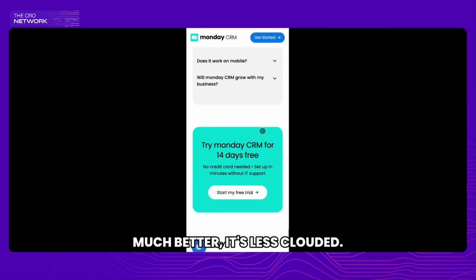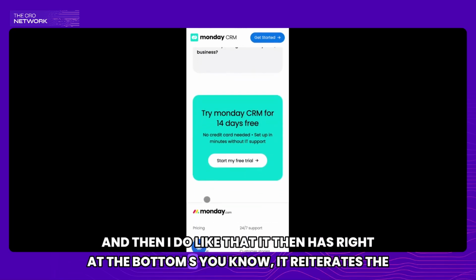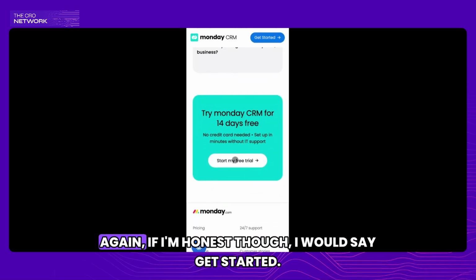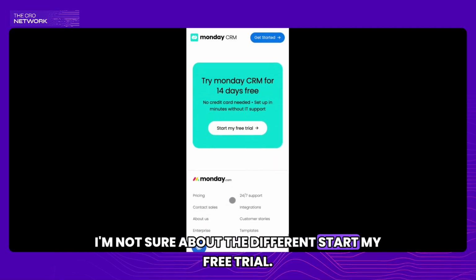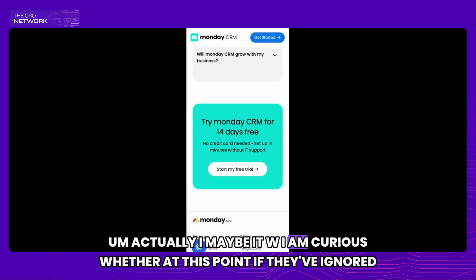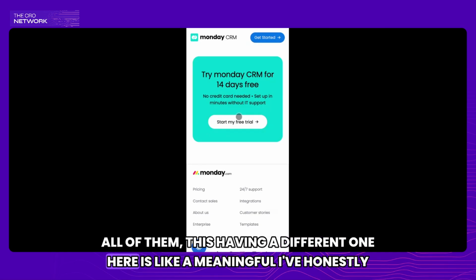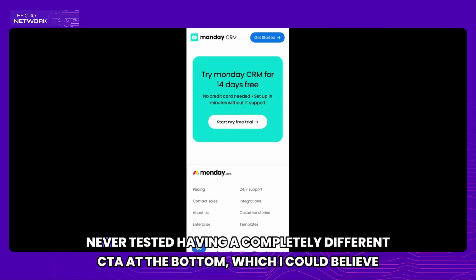It's less cluttered. And I do like that right at the bottom it reiterates the user journey. Again, if I'm honest though, I would say get started. I'm not sure about the different start my free trial. Actually, I am curious whether at this point, if they've ignored all of them, having a different one here is meaningful. I've honestly never tested having a completely different CTA at the bottom,